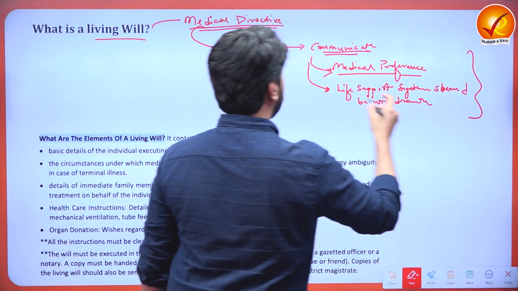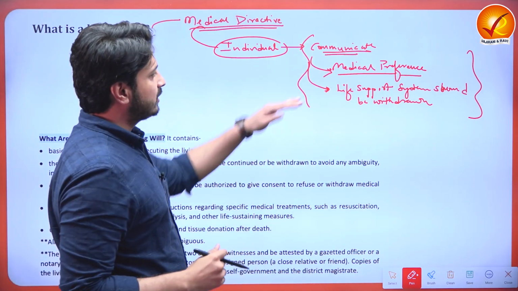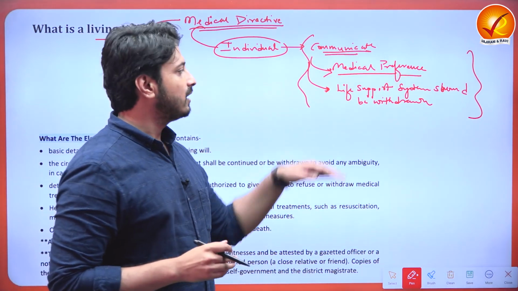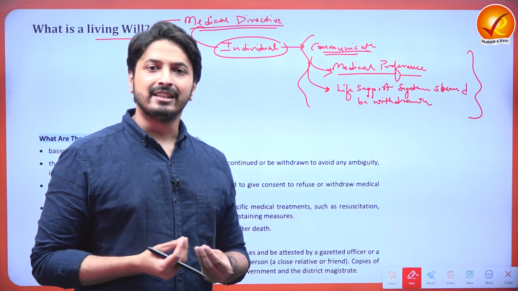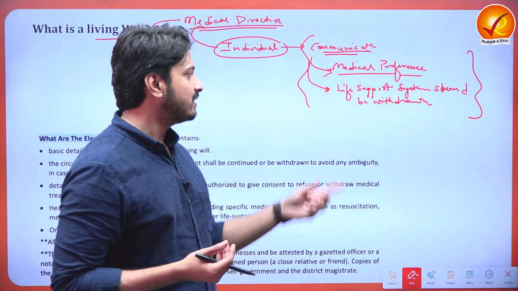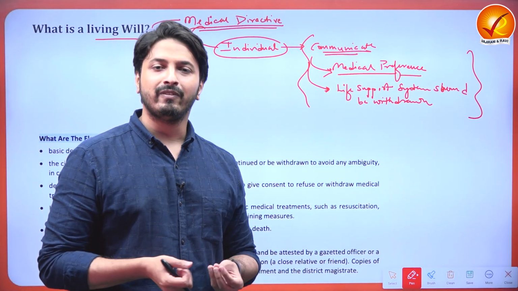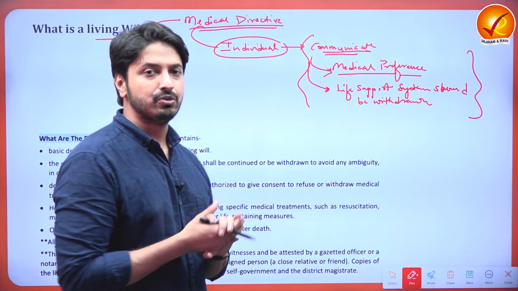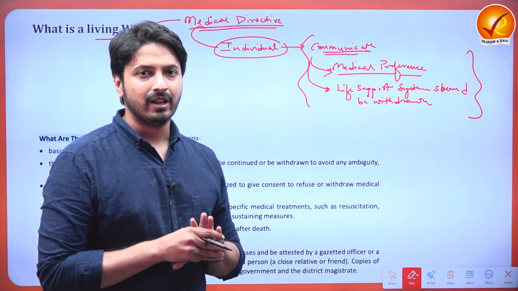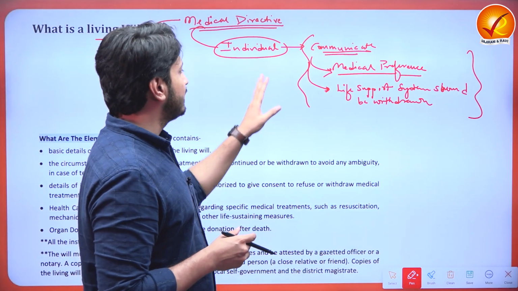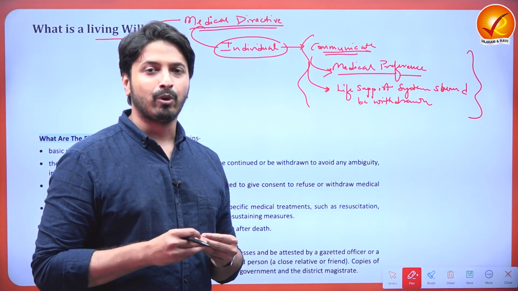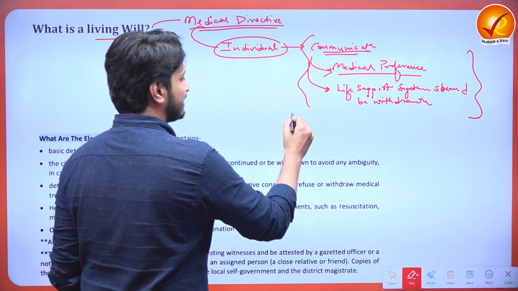So the living will usually comprises the medical preferences of an individual, and under what circumstances the life support system should be withdrawn so that this particular individual will not survive. And ultimately this living will is extremely important in the wake of passive euthanasia,